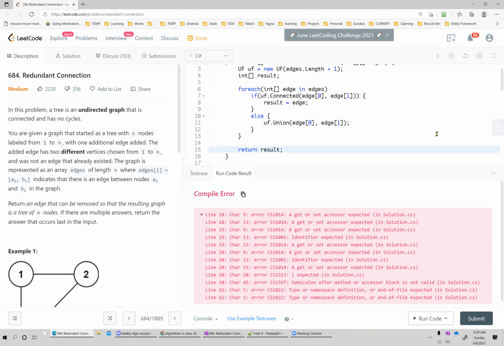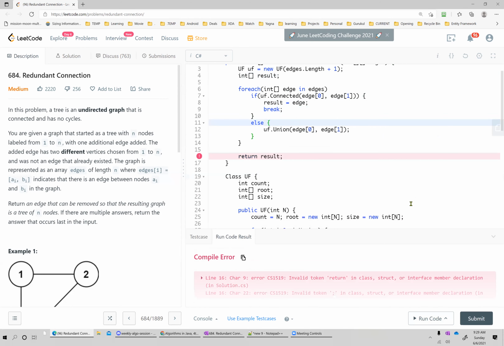Okay. So is that fine now? Is it fine? So I have defined result. I'm catching that result and I'm returning that result. But we can also do a break if I want. Yeah, break is better. Early exit. Okay. Let's run it and see if it works.